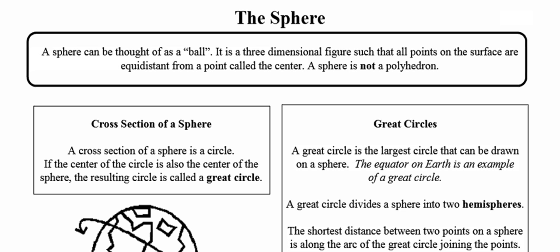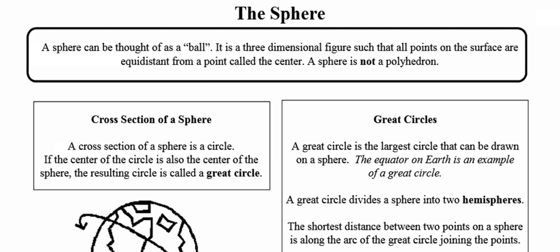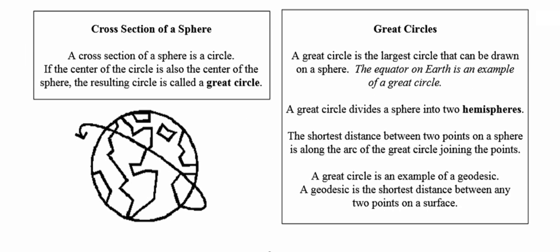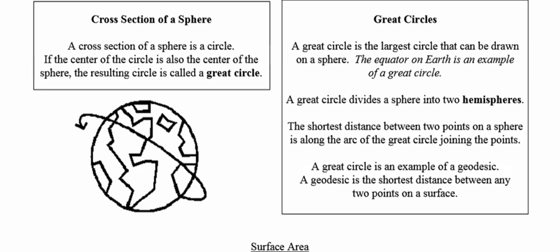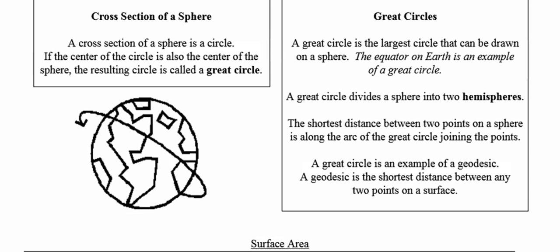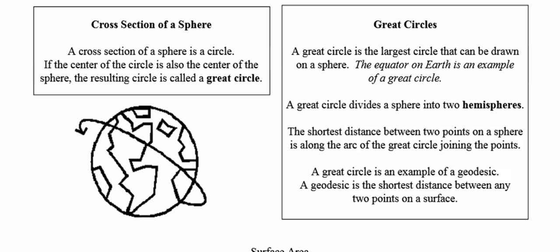Let's talk a little bit about the cross-section of a sphere. If we slice a sphere, any way we slice it, that cross-section is going to be in the shape of a circle. Now, if that circle happens to be the biggest circle that can possibly be drawn and passes through the center of that sphere, we call that resulting circle a great circle. The great circle is the biggest possible circle that can be drawn as a cross-sectional piece of the sphere. An example of this on Earth is the equator,